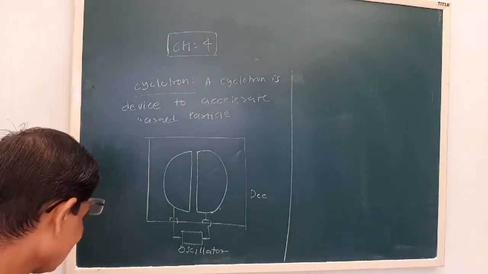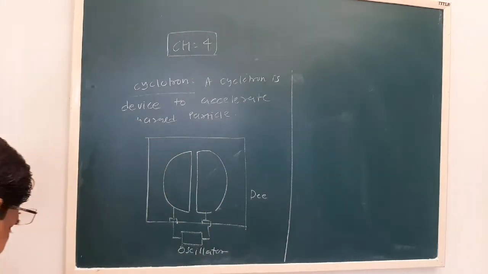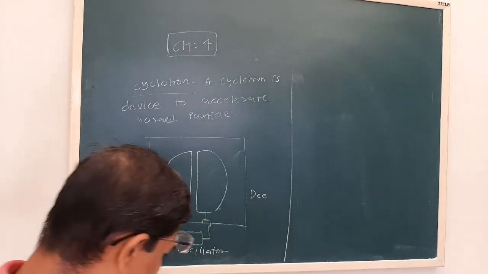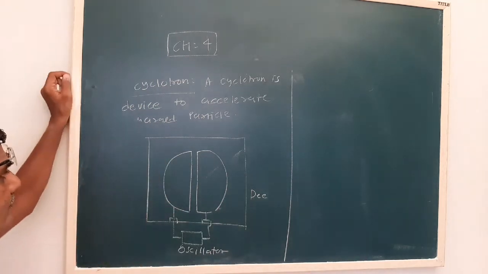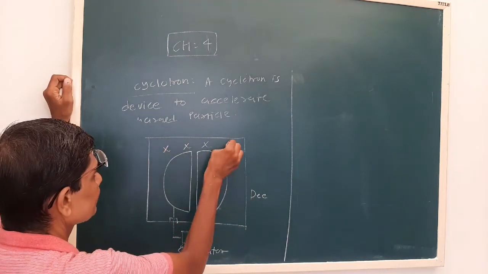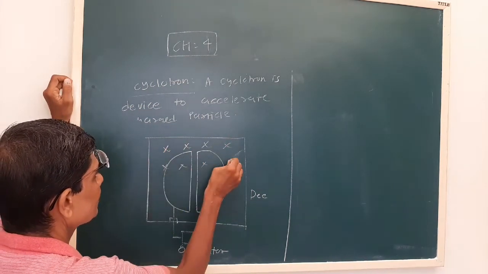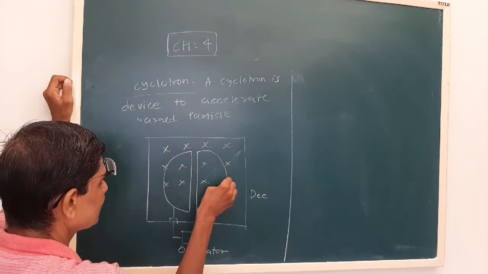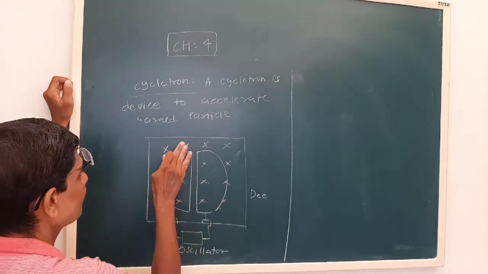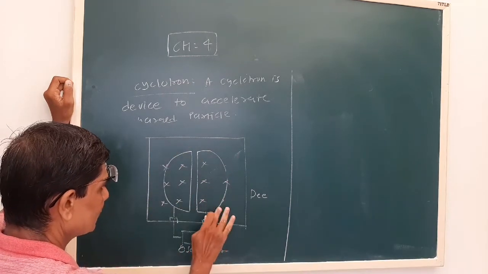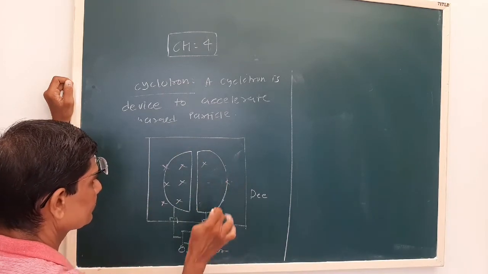Now see that here there are two sources. One is a magnetic field. Now see the uniform magnetic field is like this. Okay, in the book it is mentioned as dots, so we also mention dots.